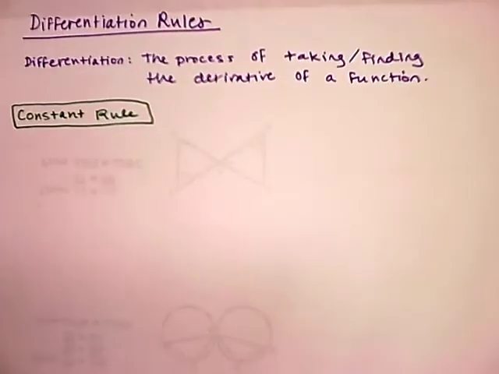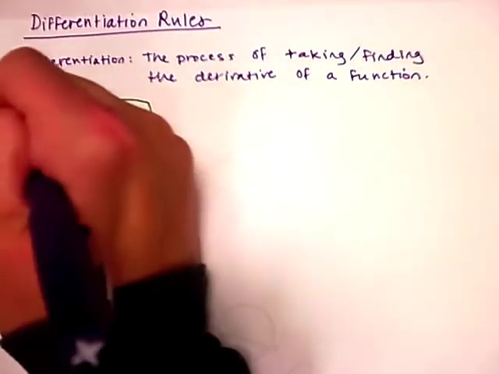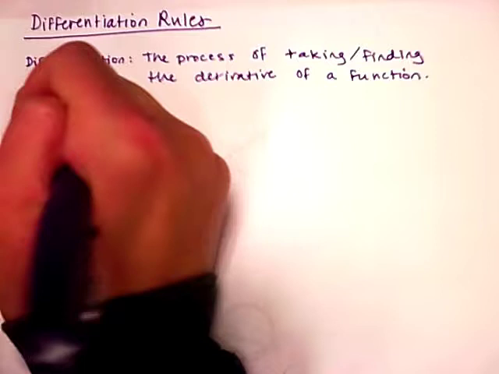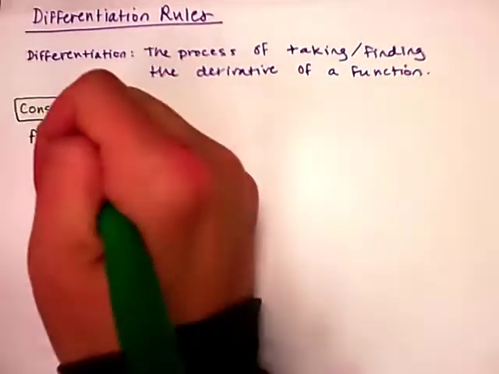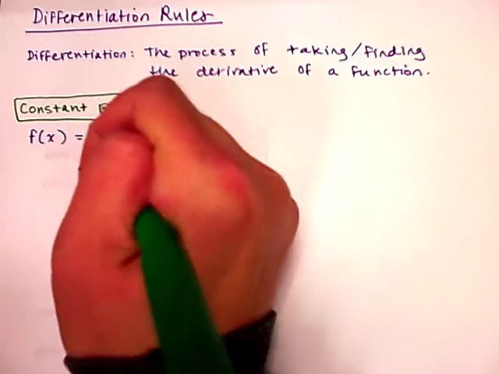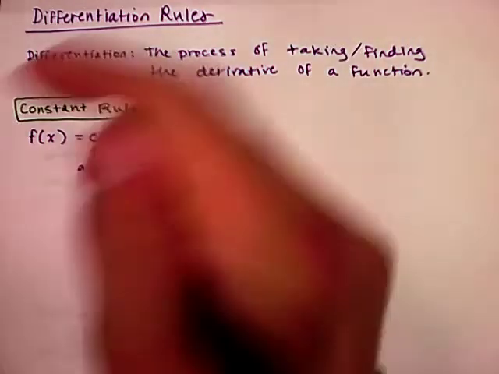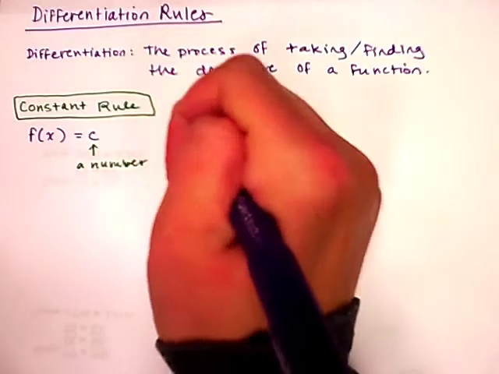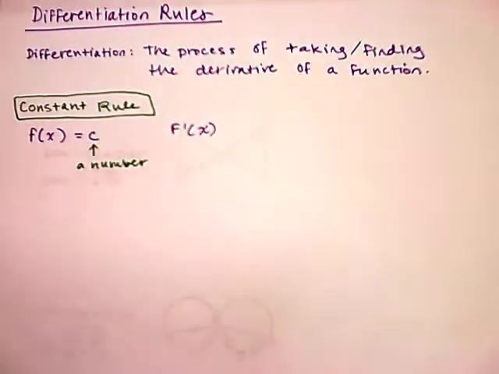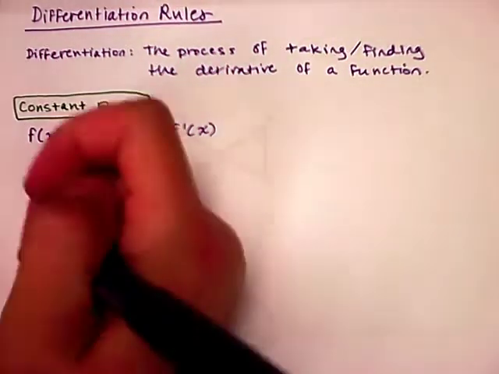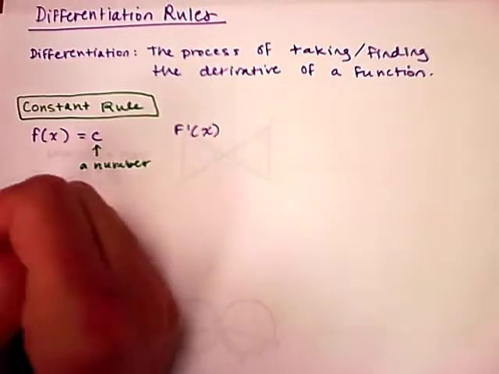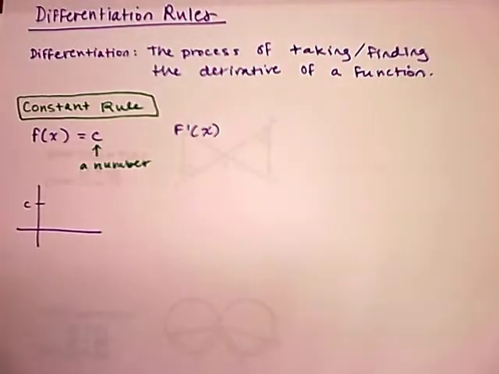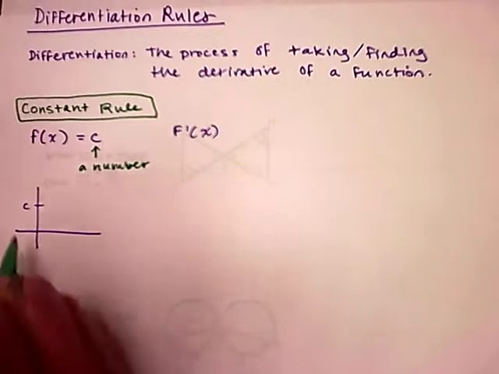The constant rule is if you have some function that is just a constant, as in a number. So f of x equals c, where c is a number. Well, if I wanted to know what is f prime of x when f of x is a constant, first of all, we can think about it graphically, and that's going to help this make more sense. If c is some y value, then the graph of f of x equals c is just a horizontal line